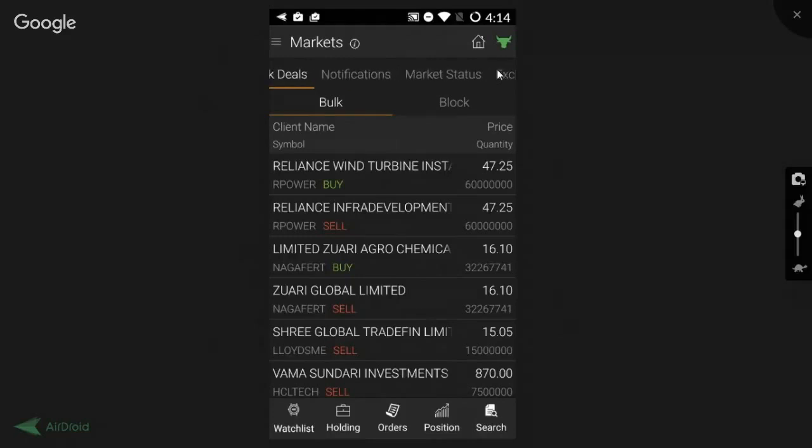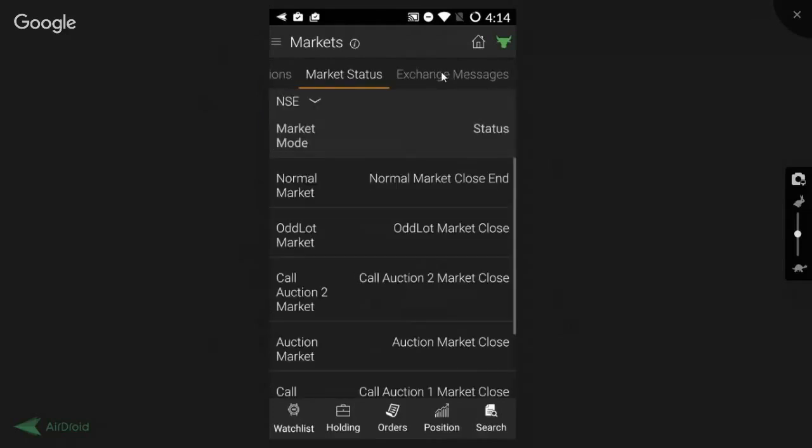The next feature we see is market status. In market status, it simply shows us the status of the market, which market is open, which market is closed, and whether the auction market is open or not. If you're a fresh user, a new trader, and you want to know which market is open, and you know nothing about the market, this is a place in the market overview where you can view which of the markets is open and which of them is closed.